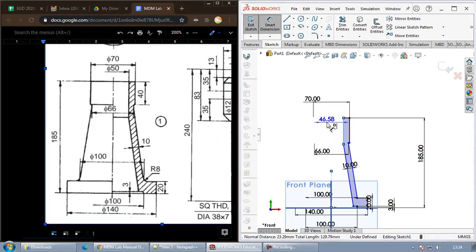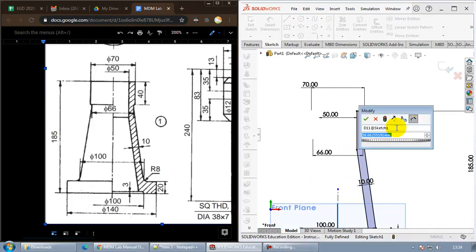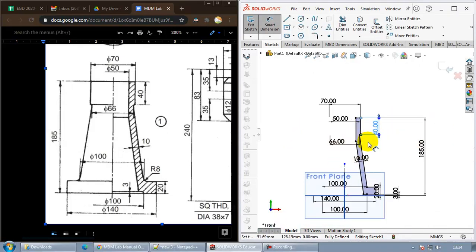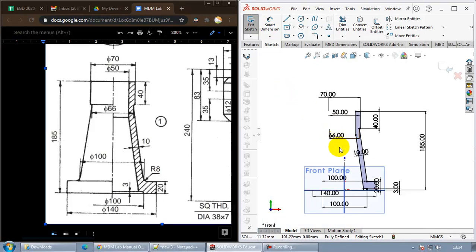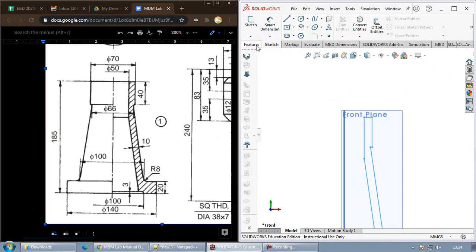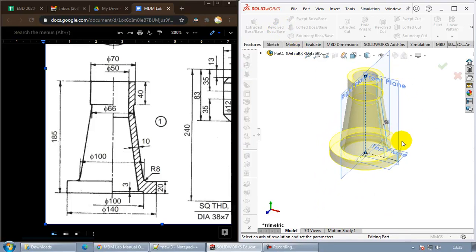Then the diameter of this one is 50, then the height of this one is 40. So you can see now that the complete diagram has become black. All the lines that we have drawn have become black, which means that the diagram is completely constrained. Now we just need to revolve it about that particular line. So we'll come out of the sketch, go to features, go to revolve, and you can see it's coming